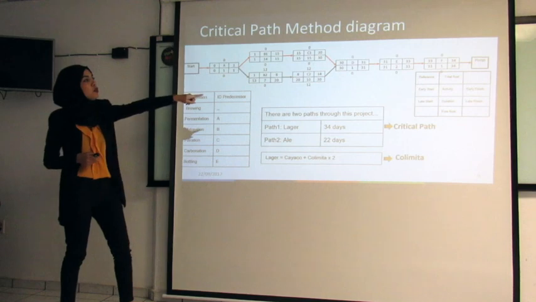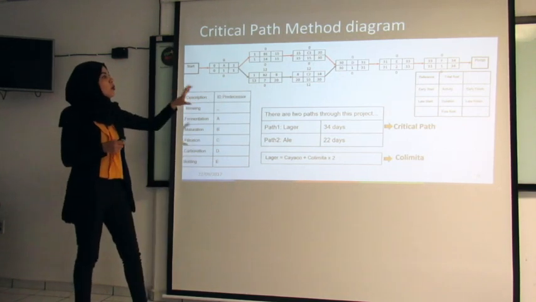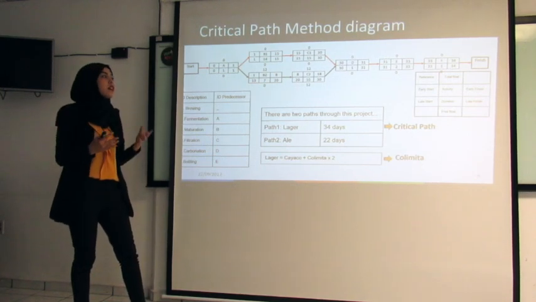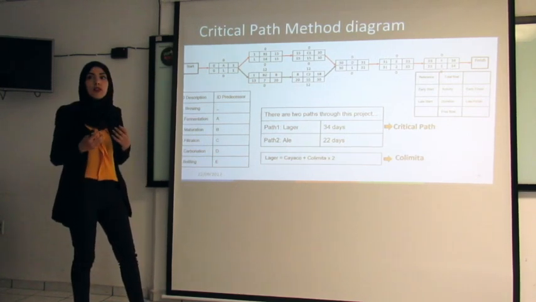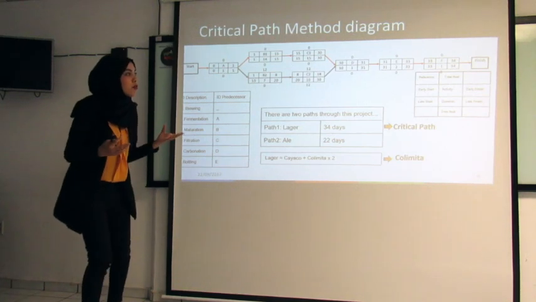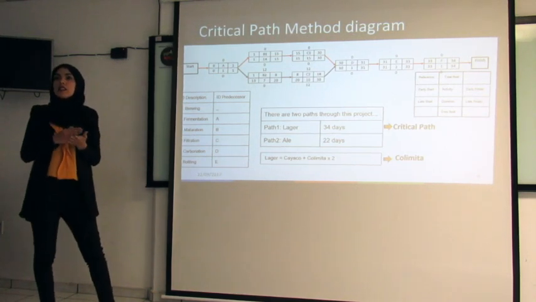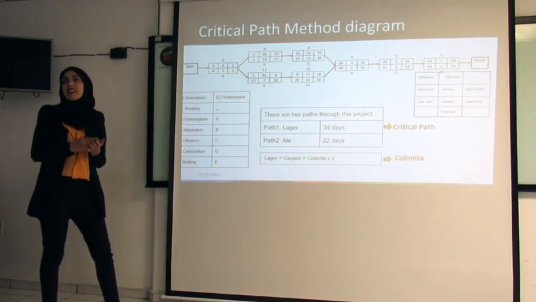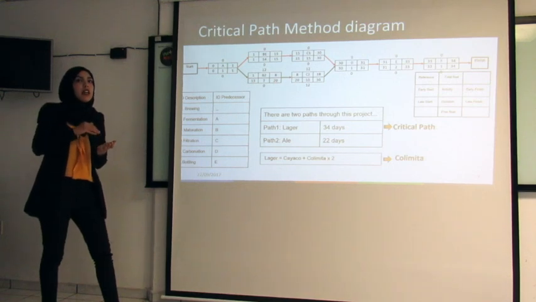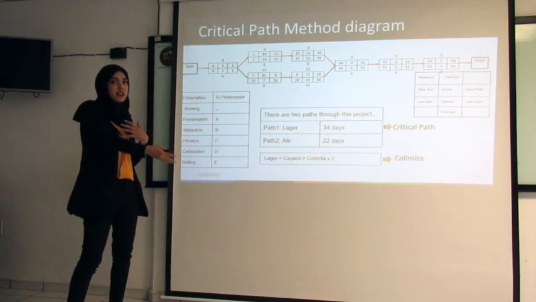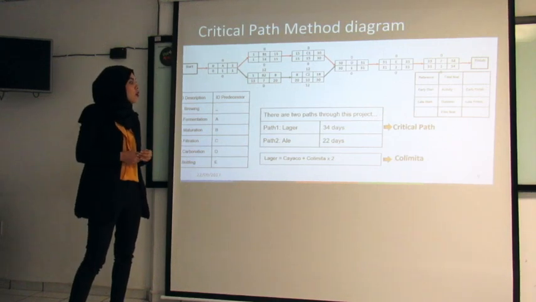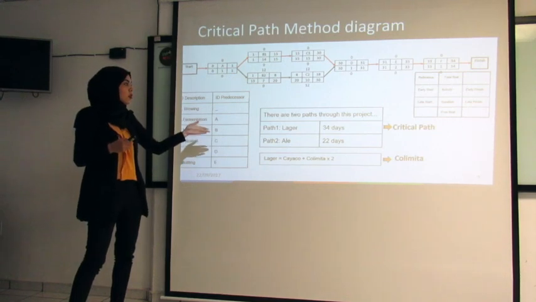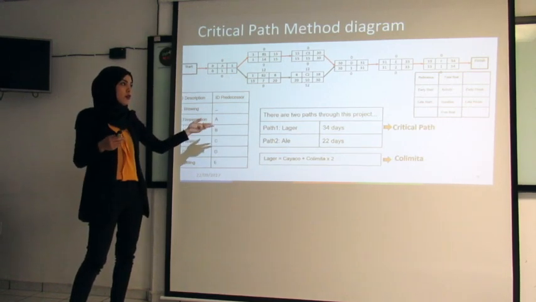And here, if you can see the reference, in order to have a critical path, it needs to have 0 total float and 0 free float, which means it doesn't need to be an activity that affects the next activity. So using this diagram, we calculate the total duration of each path.